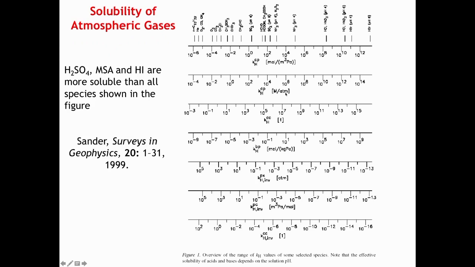And if you look at the Henry's law coefficient, it's the number of moles per litre divided by the partial pressure. So molar per atmosphere makes the most sense to me. And you can see the very, very wide range of solubility, from 10 to the minus 4 to 10 to the 14. So that's 18 orders of magnitude solubility difference between